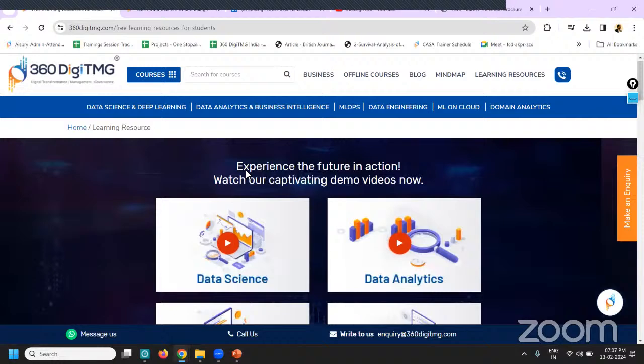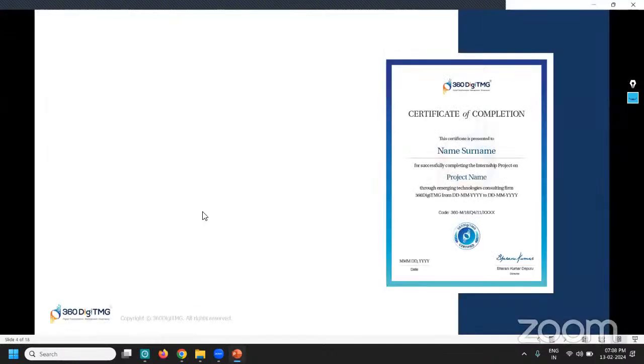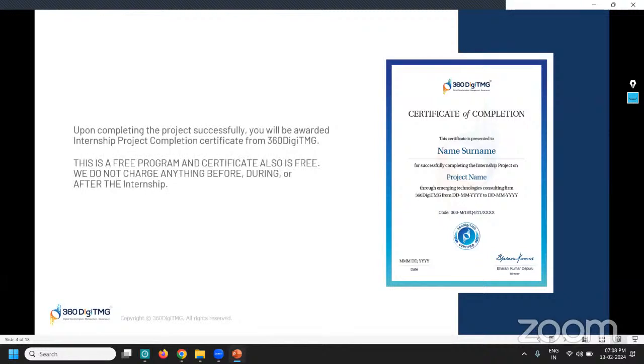This is all free. We're not asking for anything to be paid. You can just consume it so that the internship work that you are doing is easier. It becomes easy for you to do the hands-on work that will be assigned to you once you register. Now, how do you register? That is an important question, and that is my final point.